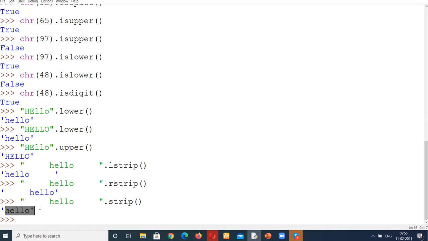Again, what is the use of this? This strip function is a very common function. When we make a project and ask for any information from the user, we always strip the information and then use it. The user doesn't know that space also matters in the language. So suppose I am asking for a username, and by mistake the user presses the spacebar and then writes OLOPCS, something like that.